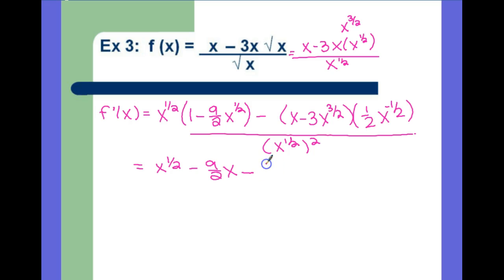So that's 1 half. But then you have x times x to the 1 half. So 1 minus a half is a half. A negative times a negative becomes a positive 3 halves. X to the 3 halves times x to the negative 1 half gives x to the power of